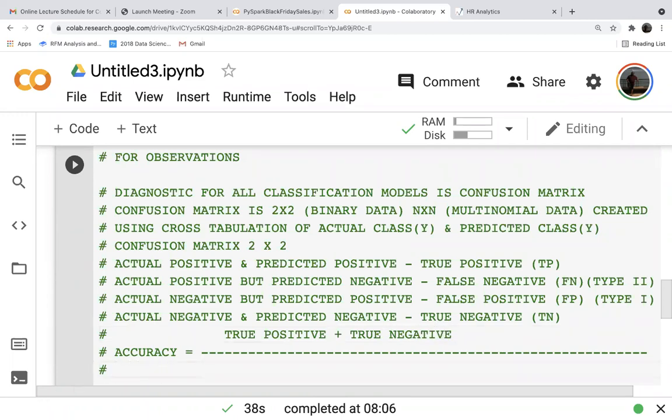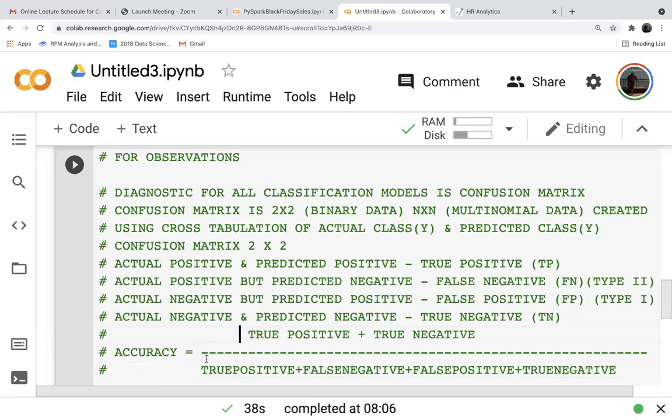That means divided by true positive plus false negative plus false positive plus true negative. So this is the primary metric for all classification models.